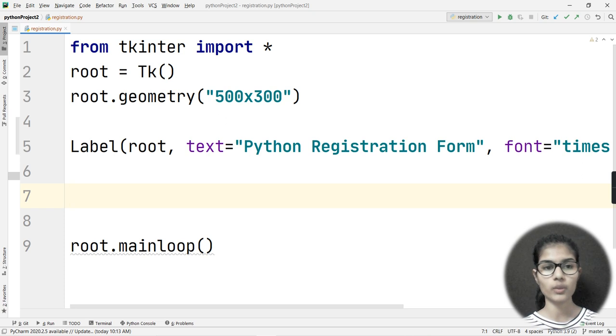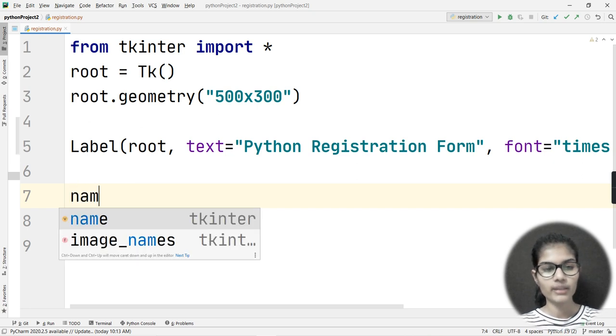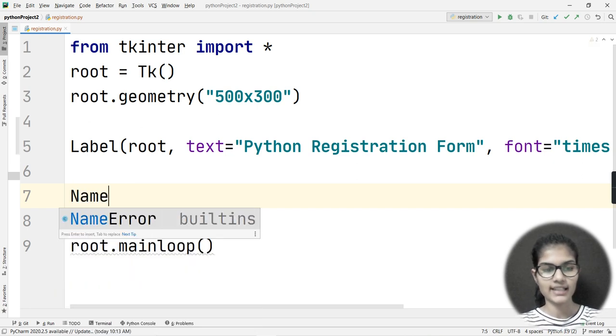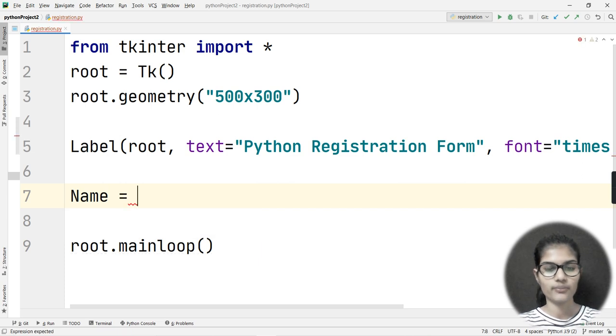Let's say the registration form has name, phone number, gender, country, and even payment mode. These are all the things we have in a normal registration form, so I would be adding those things in this program. My first variable would be name, so I would take it as capital N. Name is equal to